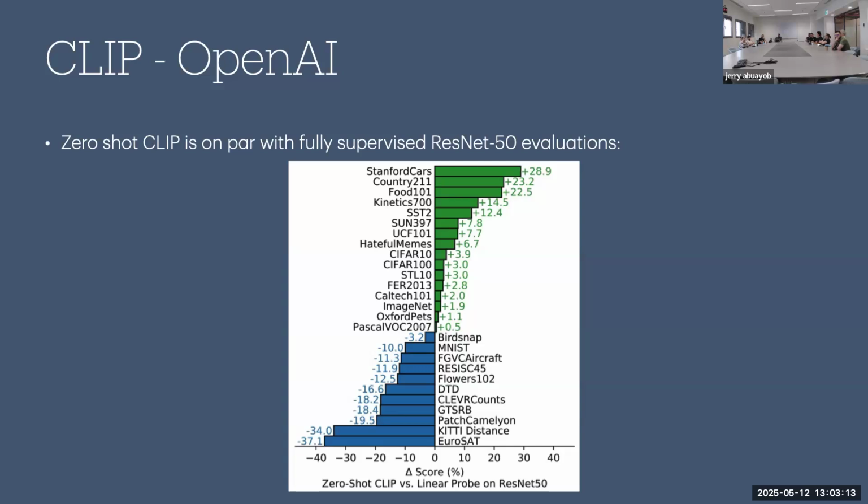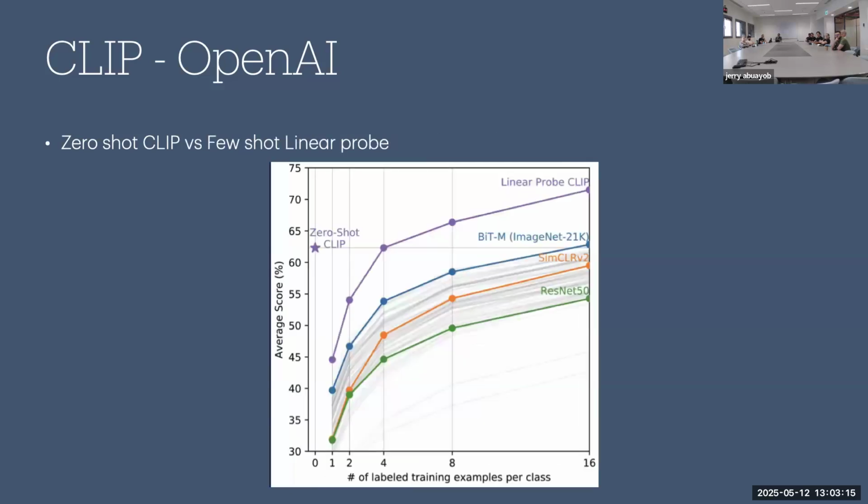That's zero-shot CLIP compared with linear probe CLIP, and now a more down-to-earth comparison is zero-shot CLIP with few-shot linear probe. Before, we compared zero-shot CLIP to linear probe, which means that we trained the classifier on the